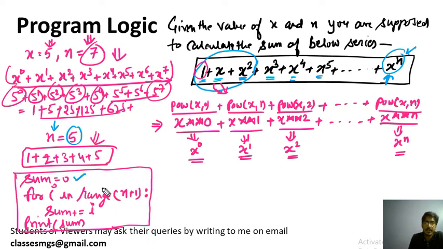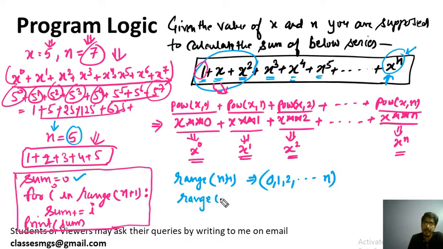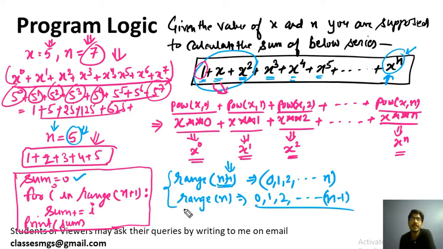Sum is 0, then the range function. Do you know what the range function does? If you pass the range function n plus 1, what will it generate? If you pass the range function some number n, it will iterate over the numbers up to n minus 1. That's why, if you want to execute the loop up to the n value, you need to pass n plus 1, otherwise it will stop at the n minus 1th value. So you should know how the range function works.